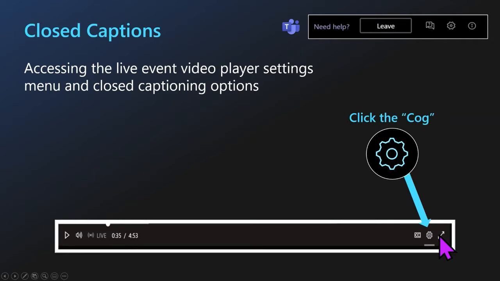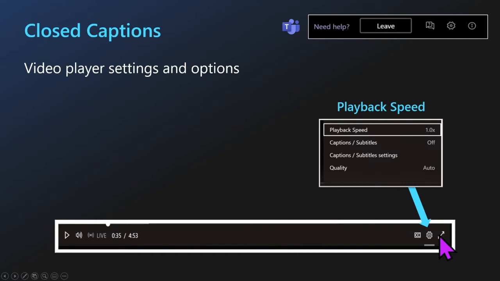When we select the gear icon here, we can change some settings related to our live stream in general. The first is we can change our playback speed. So if you do want to go back and review anything and want to take it a little bit slower or take it step by step, we can always adjust that playback speed here. Or if you want to take our current portion a little bit slower, we can always adjust that as well. We have the option to turn our captions and subtitles completely on or off and adjust specific settings related to them here. We can also adjust the resolution of our video stream today. So if you are in a place with a little bit of slower internet, we can adjust that quality to ensure that you still have a good live event experience.